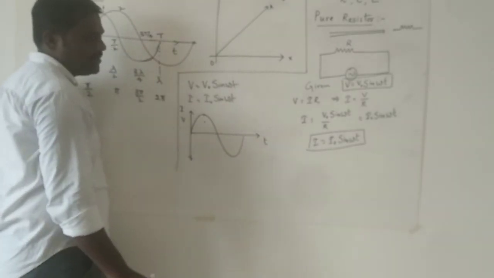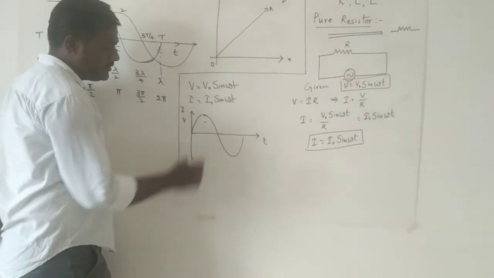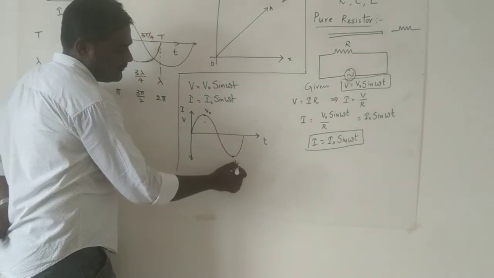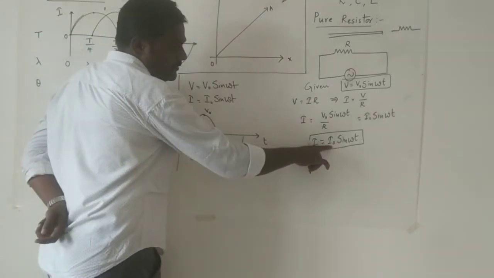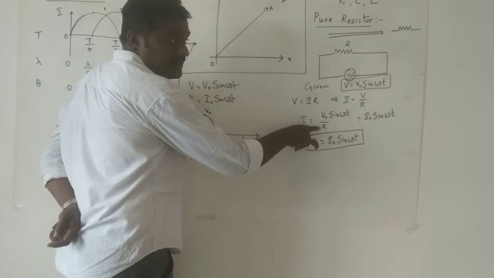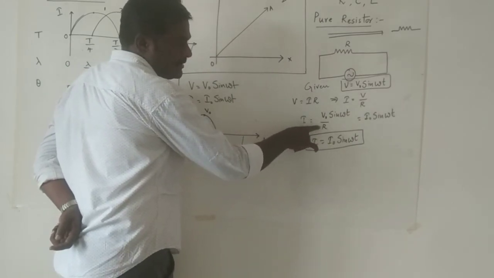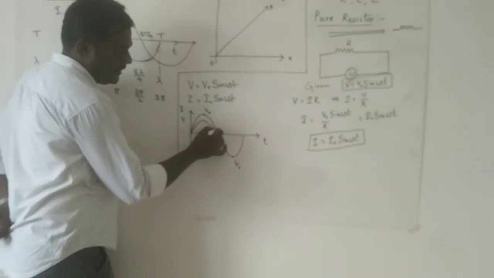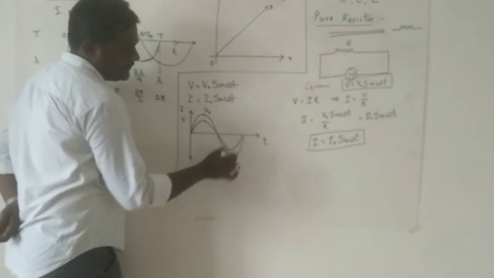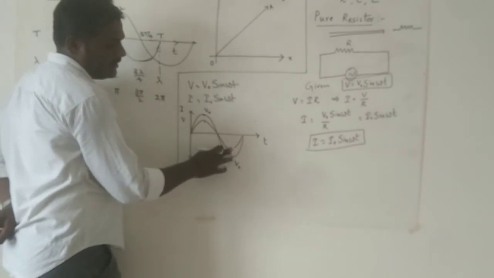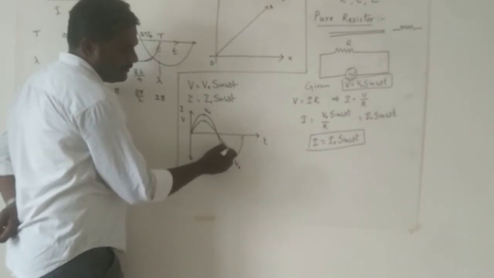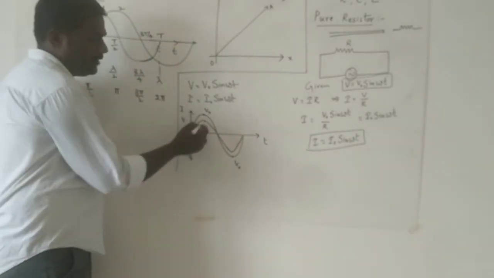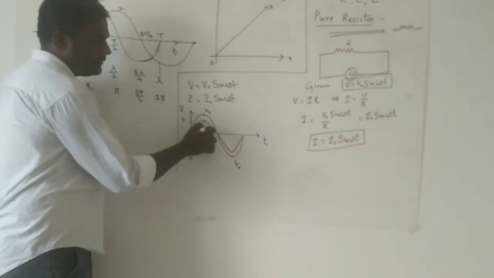Now this is a sinusoidal wave representing what? Voltage. Now this point represents V naught, and here also it represents V naught. Since the peak of the current must be less, the reason is why again it's dividing. The peak of the voltage is getting divided, hence I will draw the same sine wave of the same frequency. See here, there are no changes in the frequency, but only a change in the amplitude. Now this value represents I naught.